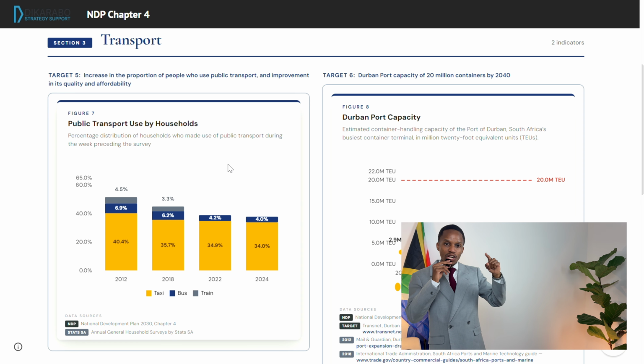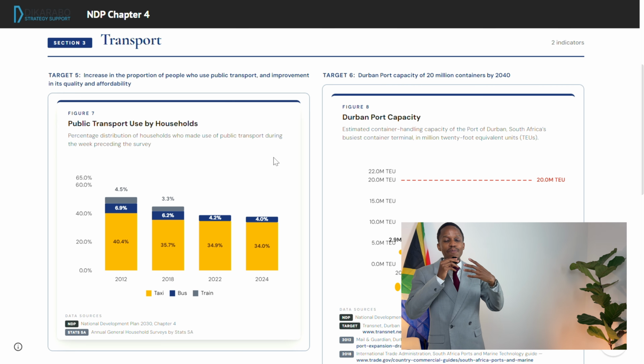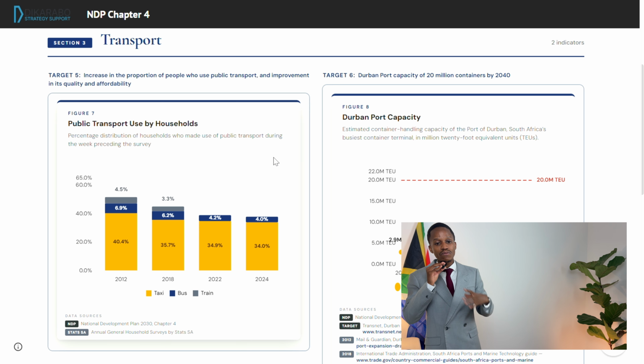And as mentioned earlier, this is unfortunate because it reinforces, to a certain extent, the spatial inequality which is a characteristic of the structuring of a lot of South African cities and towns, based on the apartheid building of cities and towns. So, unfortunate statistic over there.